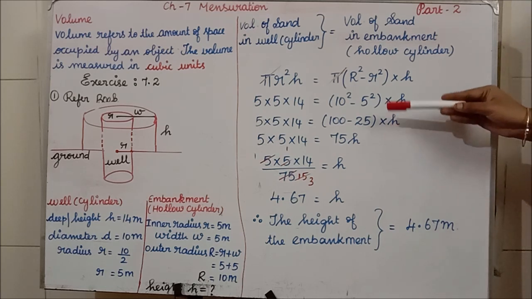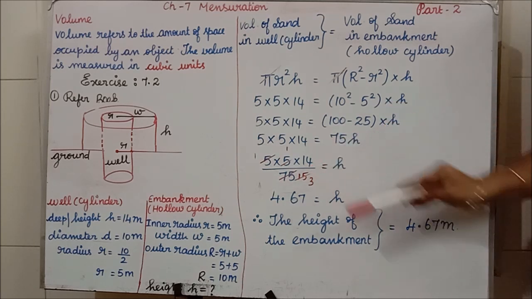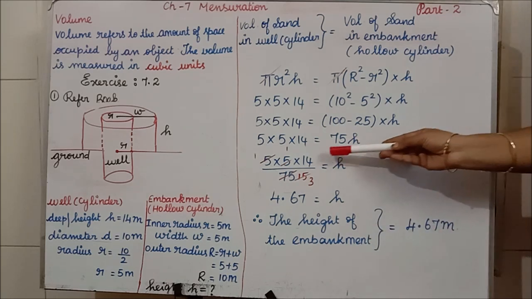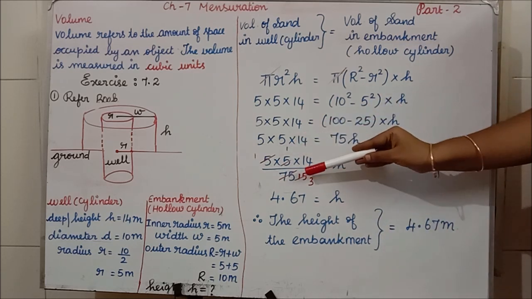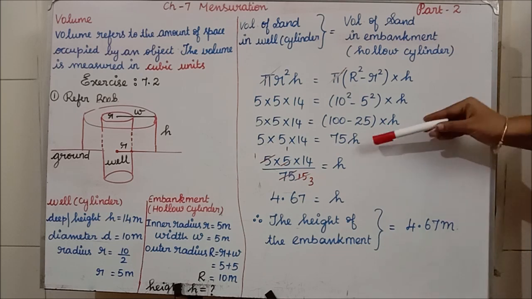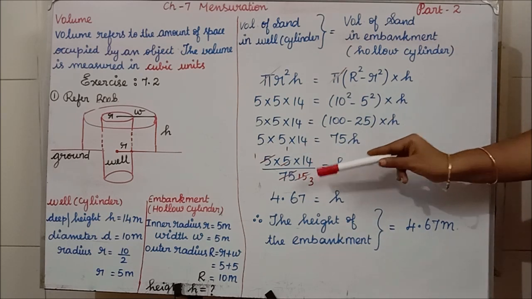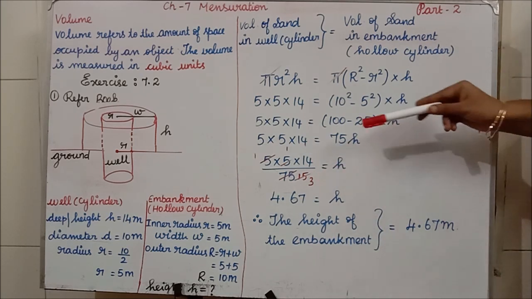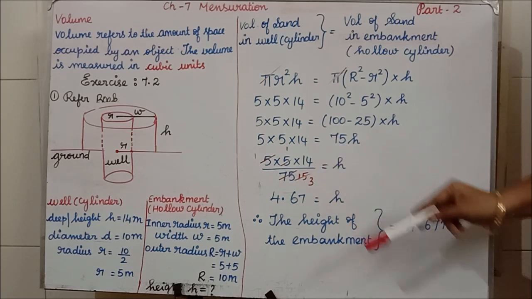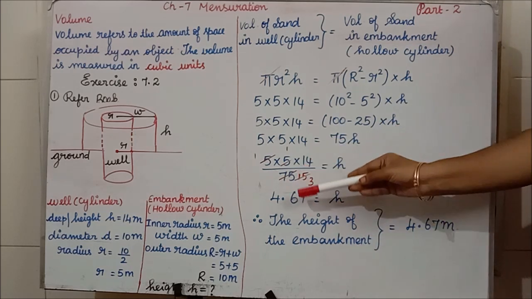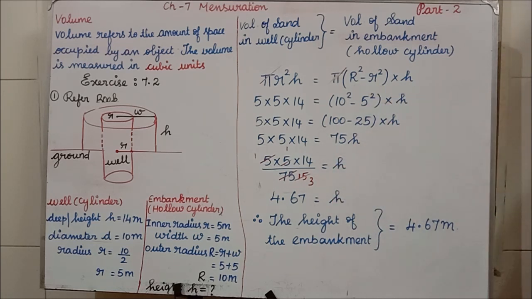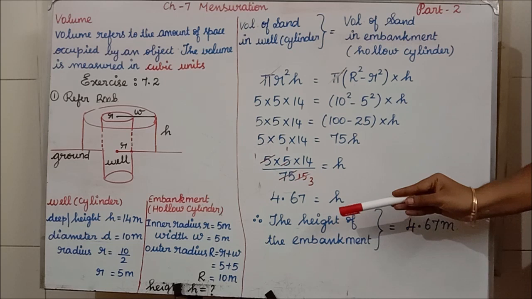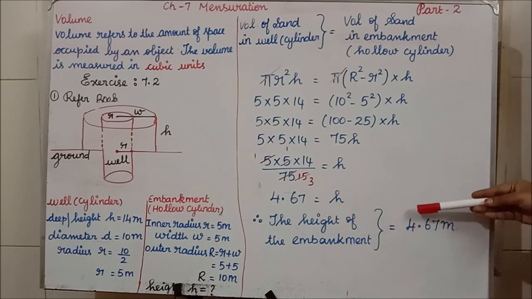I need h, the height only, so I am taking the 75 to the denominator. Cancelling the 75 and the 5 table, I am getting 15. Again cancelling this 5 and 15, I am getting 3. So height is equal to 14 by 3. When you divide 14 by 3, what answer will I get? 4.67. That is the answer I am getting. That is the height. So therefore the height of the embankment is equal to